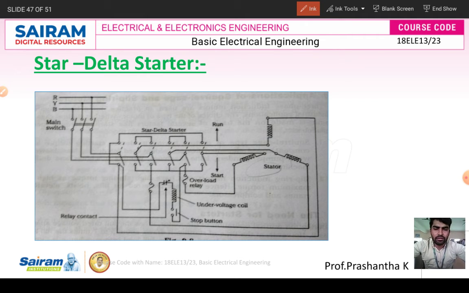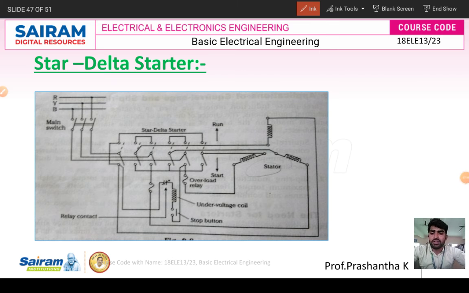So why do we need a starter? To start the induction motor, to limit the starting current, to limit over voltage, and for switching off. That purpose we are using the starter. If it is in run condition, it becomes delta if the rotor speed reaches 80%. If the rotor reaches 80%, the starter is not required, so we can eliminate that starter, because back EMF is present, back EMF is developed in the rotor. That's why we need a starter, okay. And the main purpose is limiting the starting current. Keep it in your mind, okay.